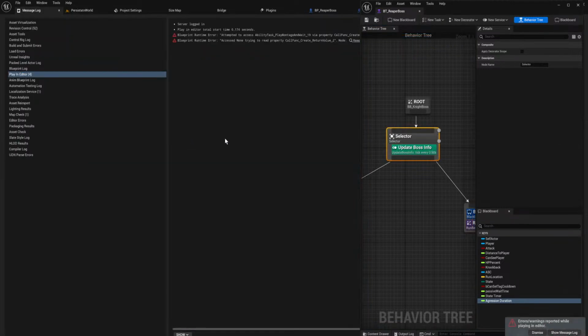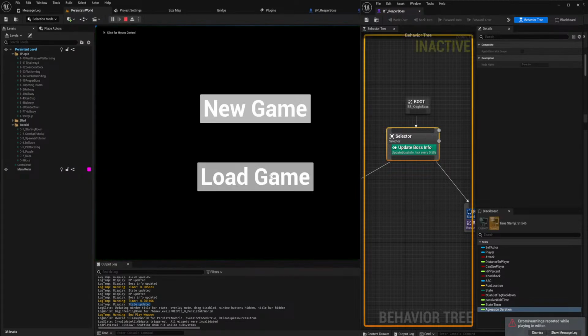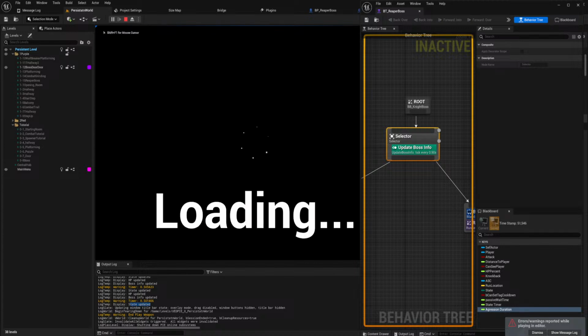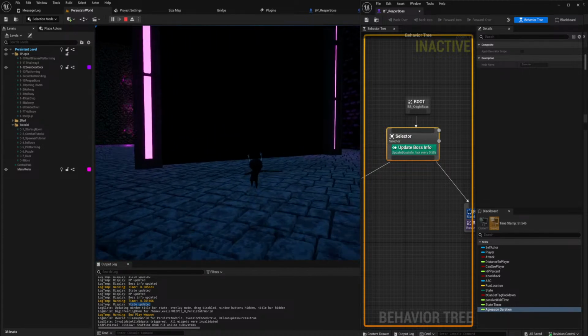Except his movement. His movement does not work, actually. Why is that? That's a very good question. Why does his movement not work? We ran into that at the end of the last stream, and I didn't really think about that until this moment.